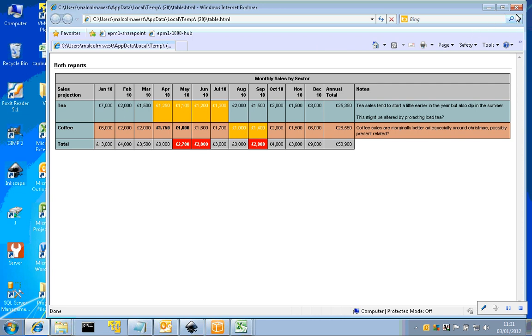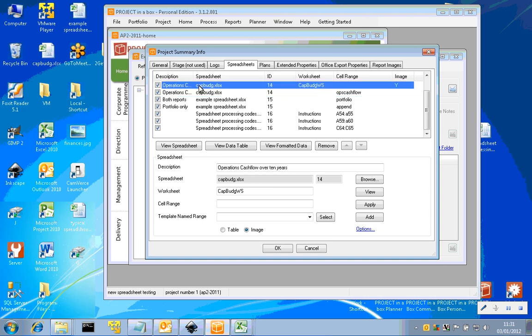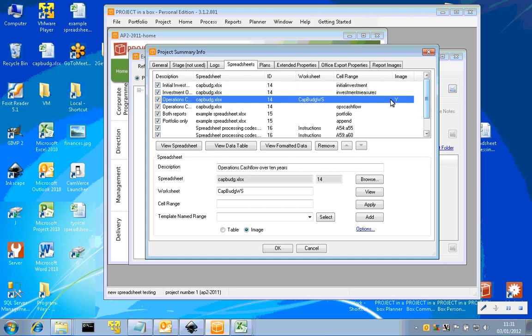And then the last thing we wanted to have a look at was bringing through our images. So we've got a really nice little neat way of handling bringing charts into your report. What we do is bring charts from a worksheet in a spreadsheet, and it's done by using the image of that. So if I view that source spreadsheet file,